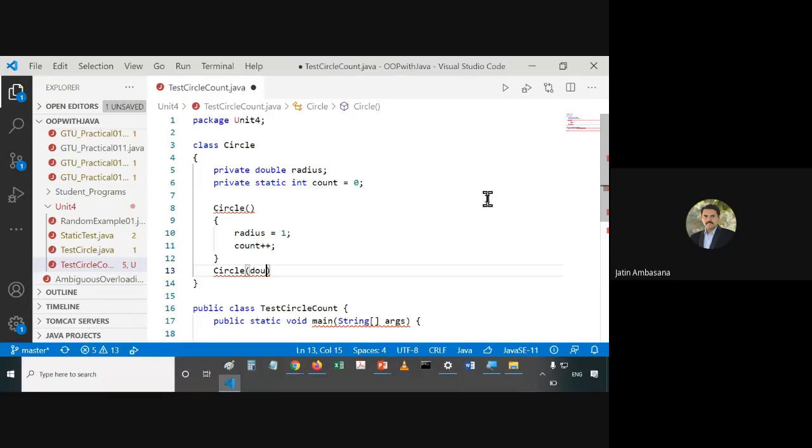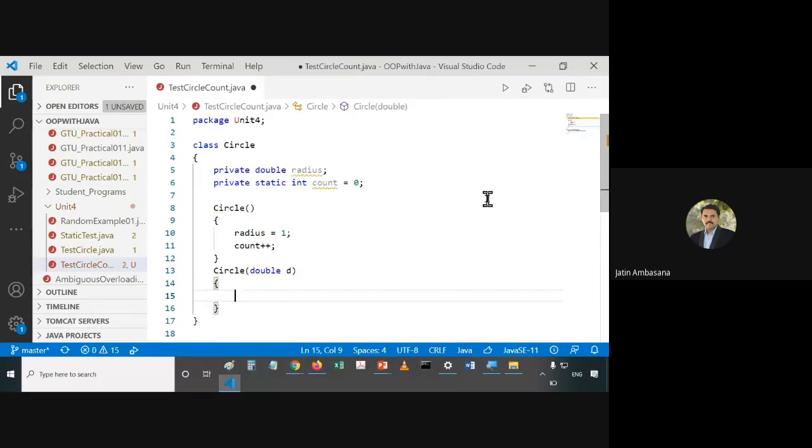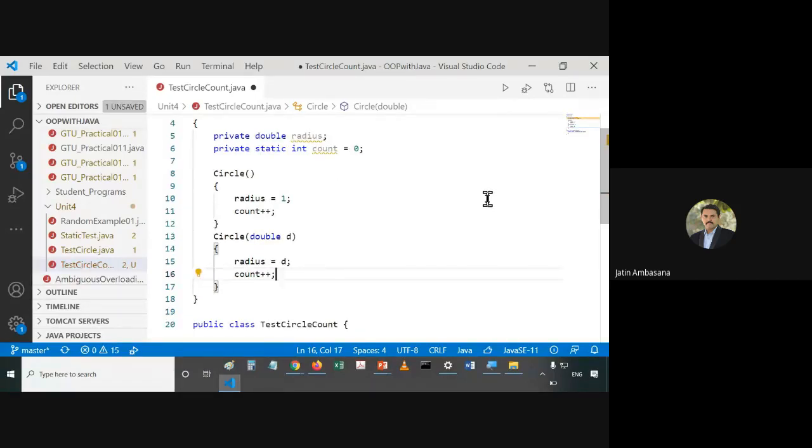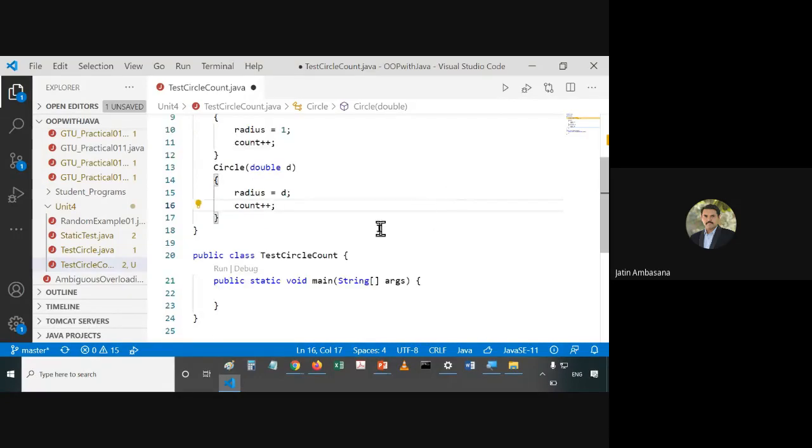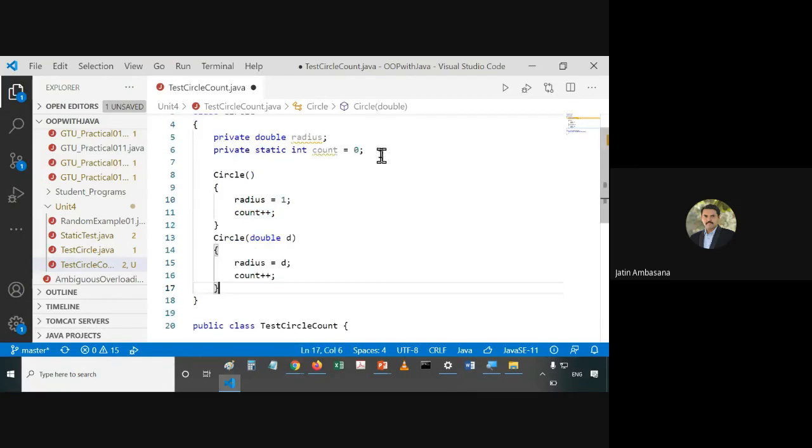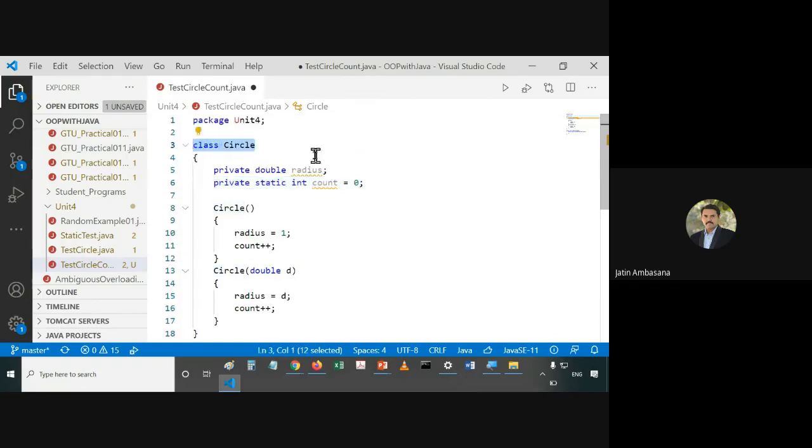So here we pass a double value, double d, and this d can be assigned to radius. We can say radius is equal to d, and here also we will increment the count. So if the user calls any of the constructors, it means if in either of the two ways the user tries to create the object, the count will be incremented, which represents the number of objects created for this circle class.